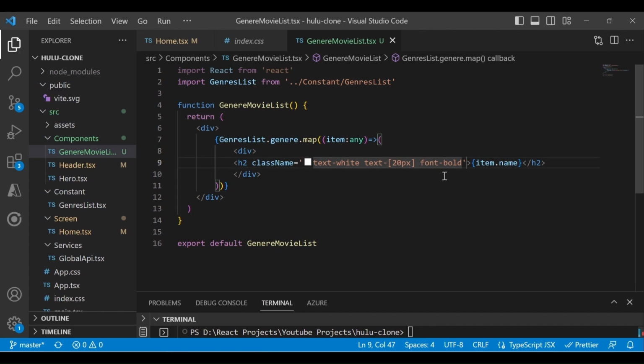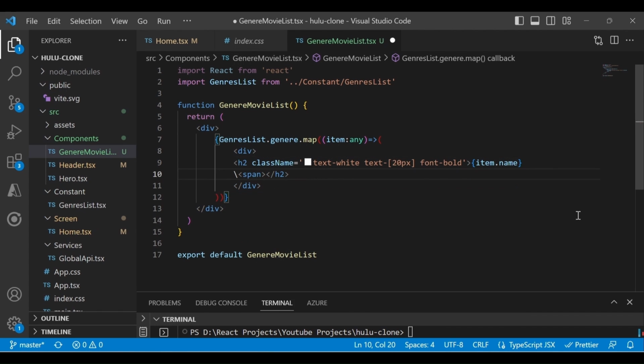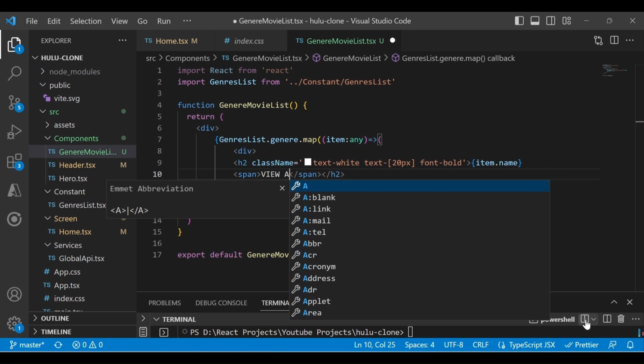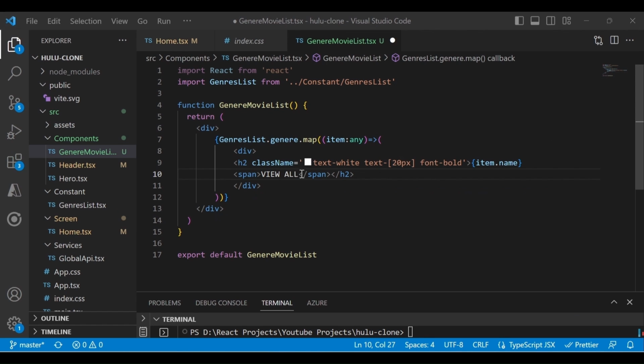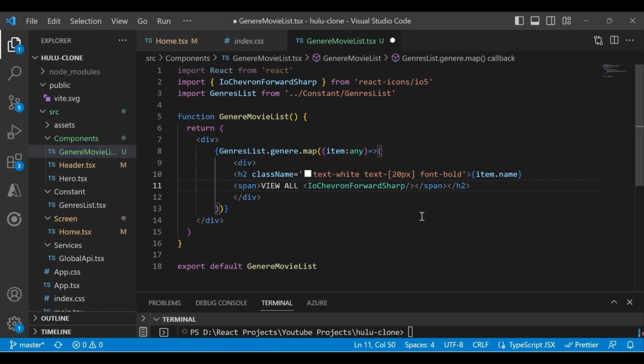So let's go back here, and inside the h2 tag we will add one span tag. And inside the span tag we will say view all. And also I will add one icon. So I will just add this icon, and make sure you import that one.